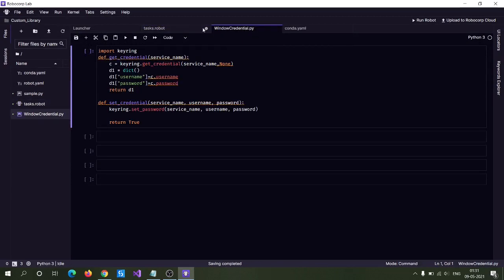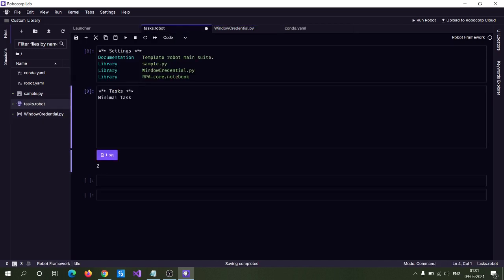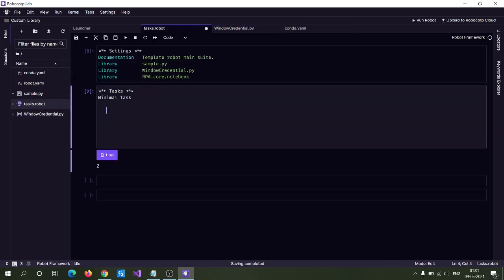So let me use that here. Get credential. Now you have to pass the service name as the parameter to this get credential function. Here the service name is Robocop.